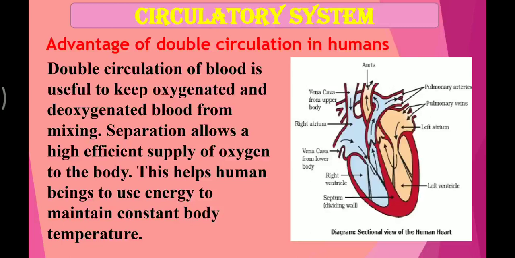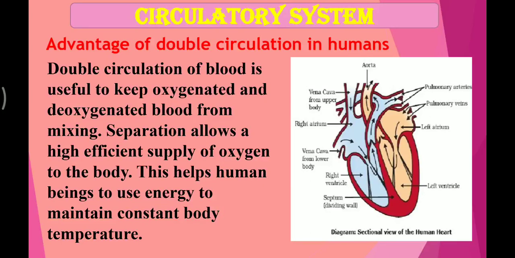Small babies who suffer this are called blue babies. They don't get oxygen at all. Both oxygenated and deoxygenated blood mix and the whole body becomes blue, and the baby sometimes dies also. So it is very important that oxygenated and deoxygenated blood should not mix. For that reason the system is separate, and two circulations are there.